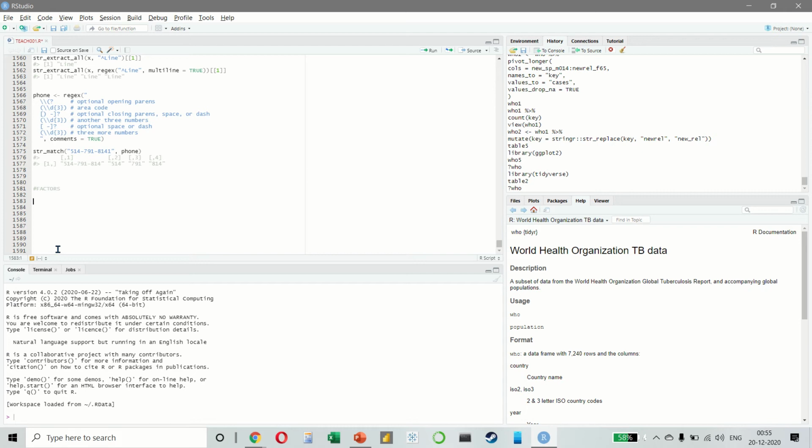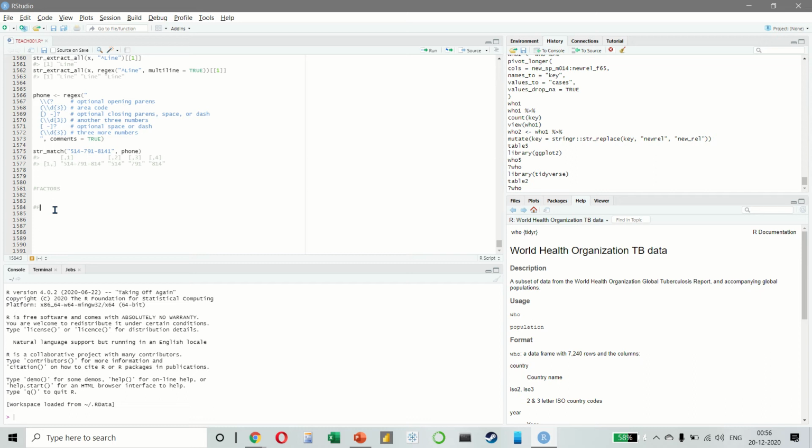Historically, factors were much easier to work with than characters. And as a result, many of the functions in base R automatically convert characters into factors. Now, this means that factors often crop up in places where they're not actually very helpful. Fortunately, you do not have to worry about that, and you can focus on situations where factors are genuinely useful. So when you work in the tidyverse, you do not have to worry about this.